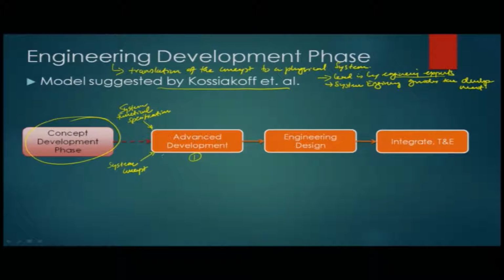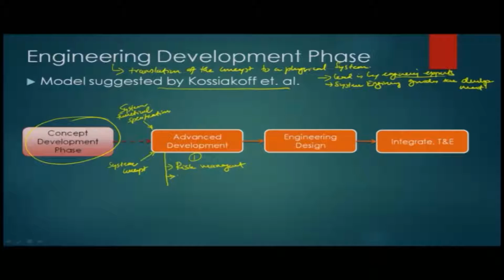So, in the advanced development phase, the major aspects are, one, risk management. What are the possible risks that are associated with the system, and what are the strategies that are available to mitigate that risk? That is one part of this. The second part will be the subsystem definition,